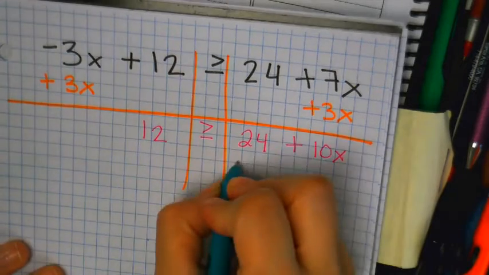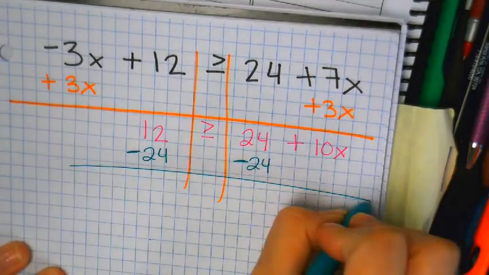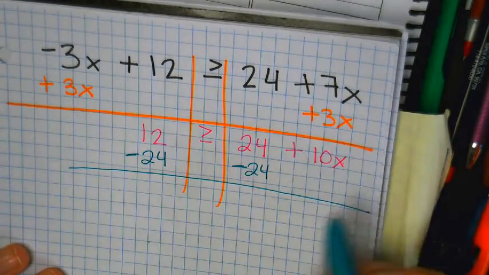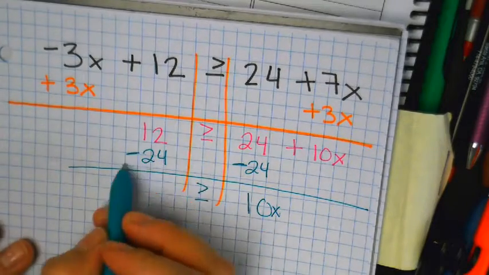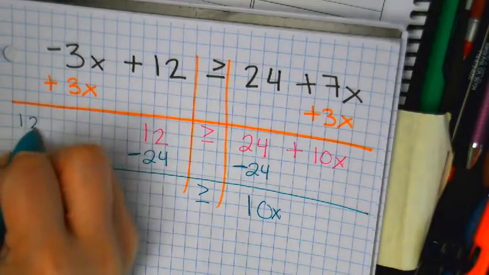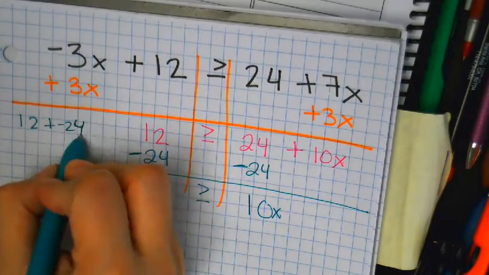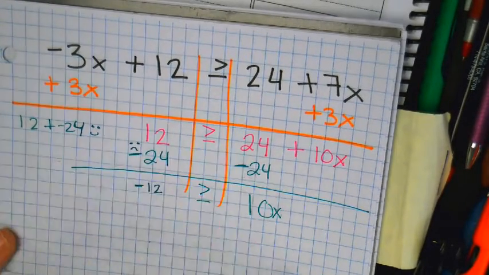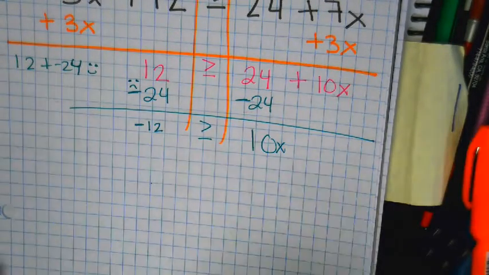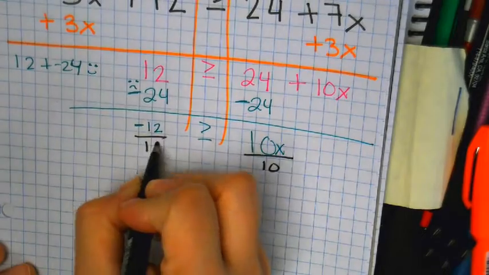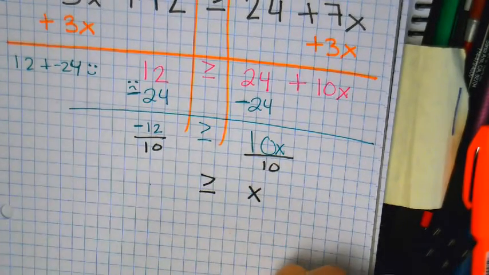Minus 24. Here you're just left with 10x greater than or equal to 12 minus 24. Negative 12. All right, we're going to divide by 10. X greater than or equal to